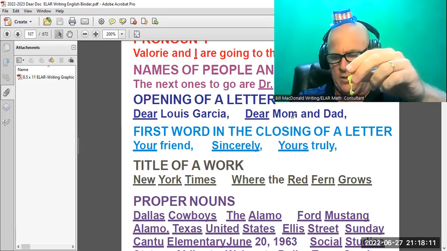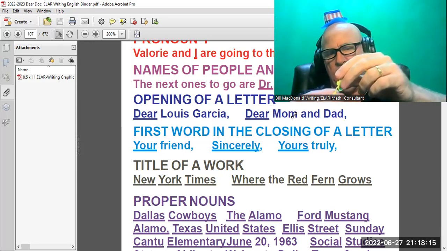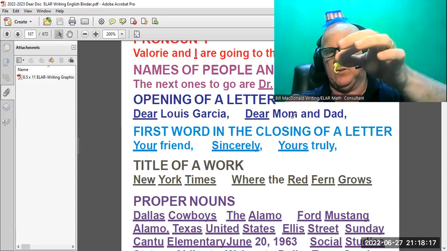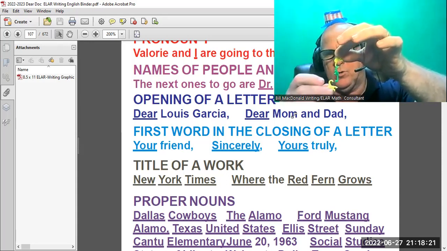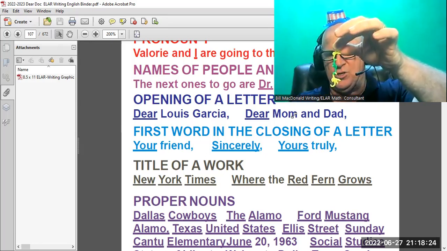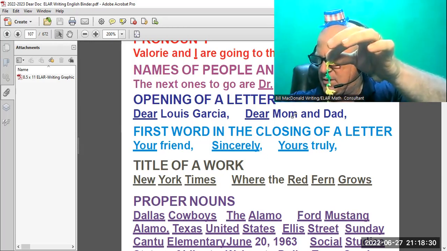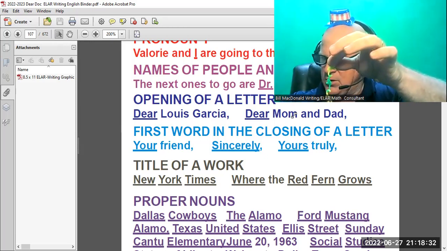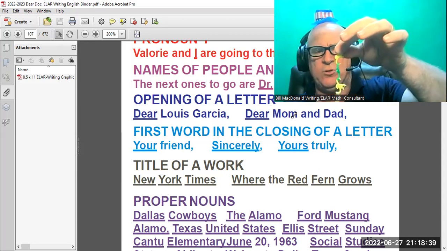Where the, sorry, where, slow shift size, the red, slow shift size, fern, slow shift size, and so those of you that have 4 or more, you'll be able to do this one.